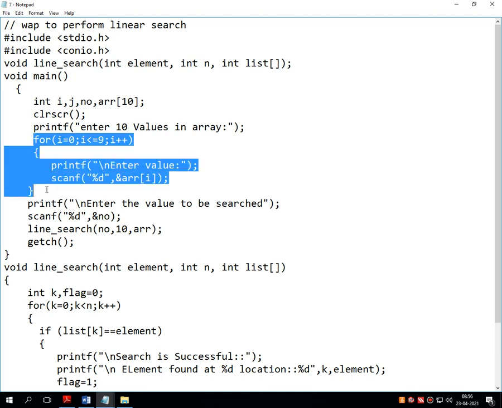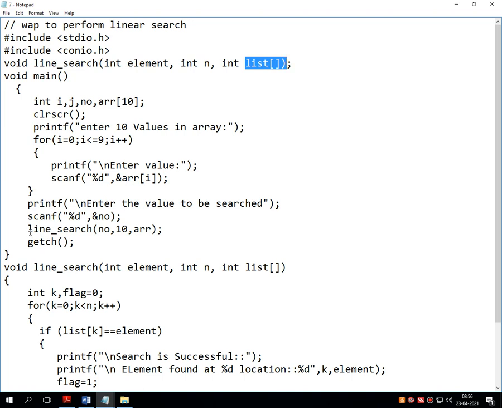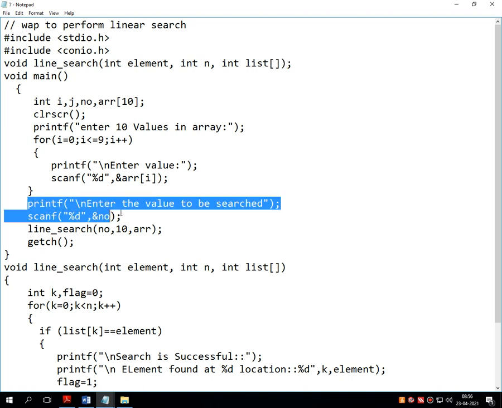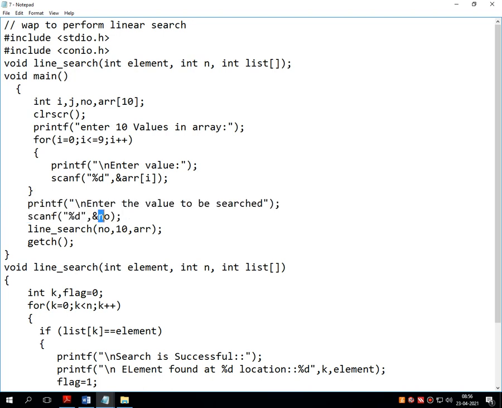Once all the elements get stored inside the one dimensional array, or into the list, it asks for the element which we want to search. Whatever element we want to search is stored inside the variable called number.